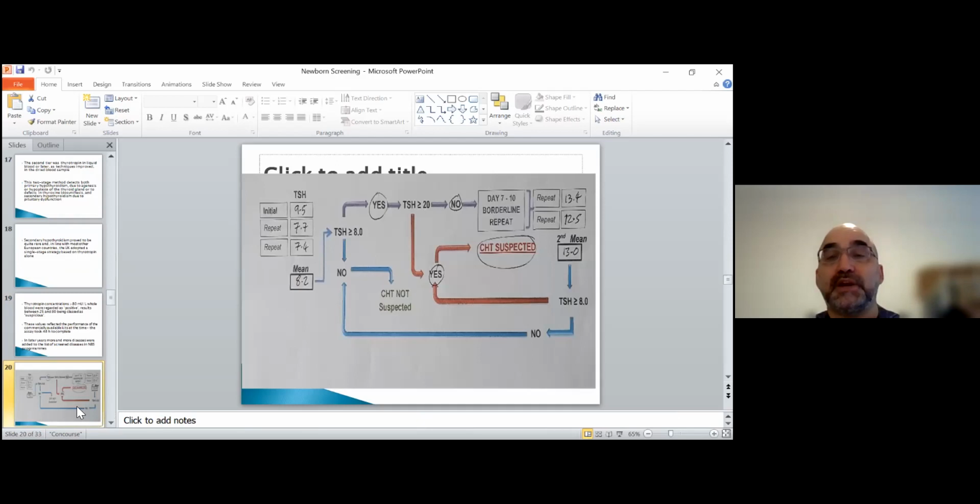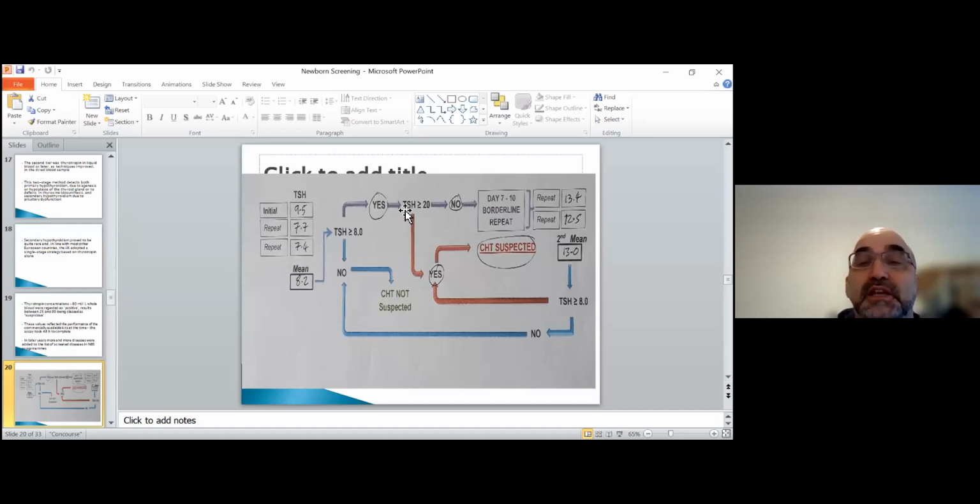Currently, what we are practicing, this is to show you, it's one of your recent patients that we had actually. So currently we use a very different level, 8 milliunit per liter. So it's a little graph we use. So if they get a test in the beginning that is above the cutoff of 8, then we get it repeated twice, and if this average is above 8, then it goes to the process of detection or exclusion.